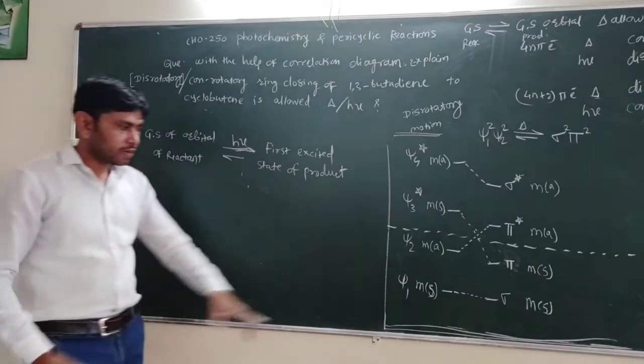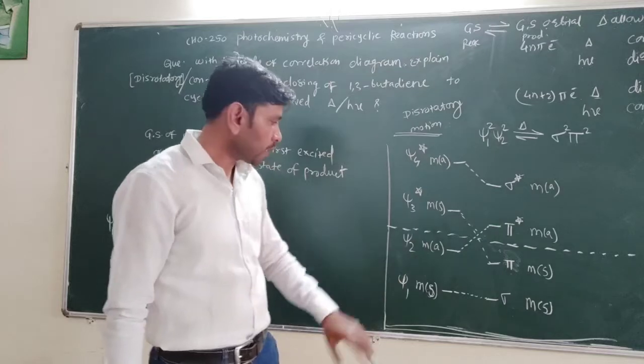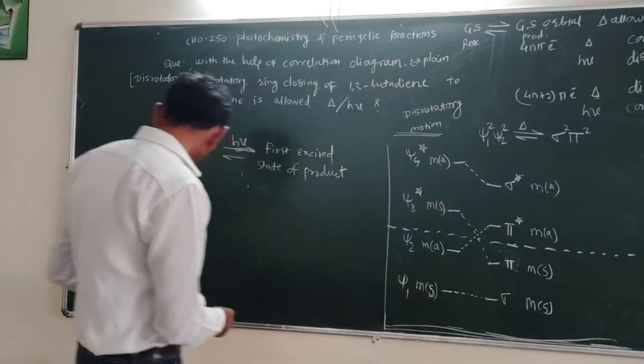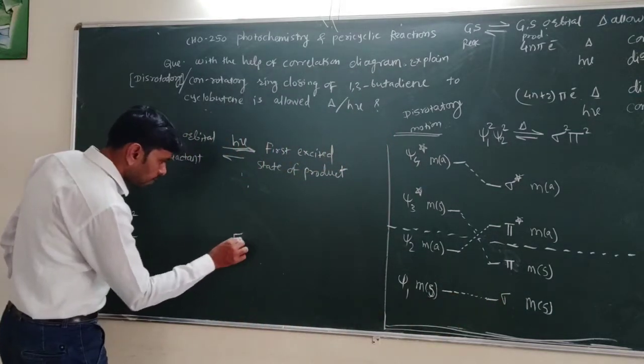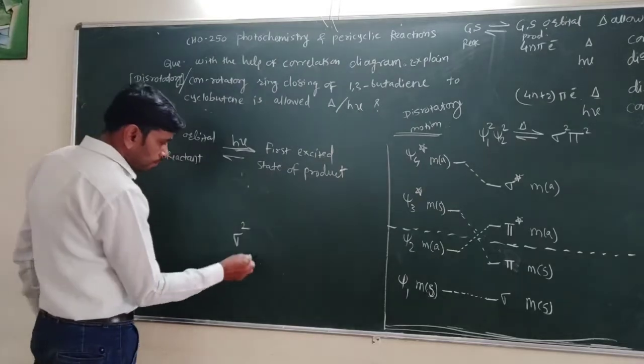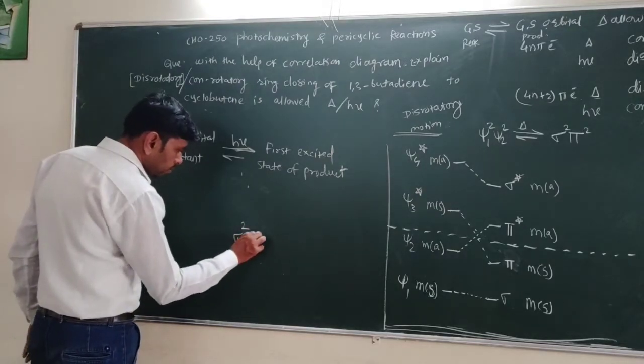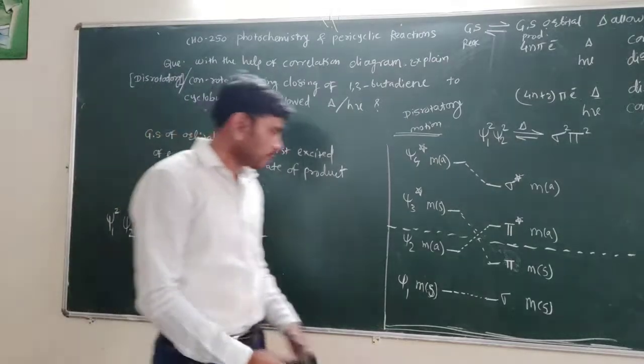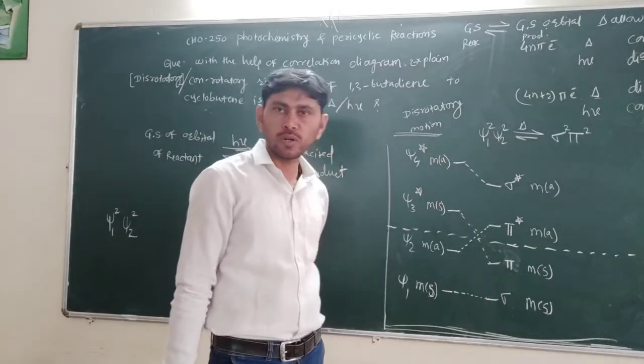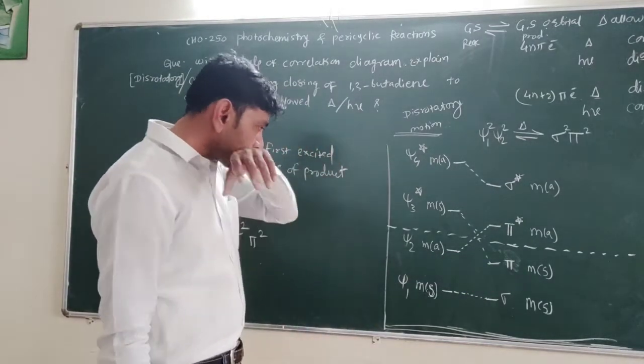Okay, Psi1 contains 2 electrons, Psi2 contains 2 electrons. Now in this case sigma contains 2 electrons and pi contains 2 electrons initially. Okay, sigma contains 2 electrons, pi contains 2 electrons. Now when these electrons